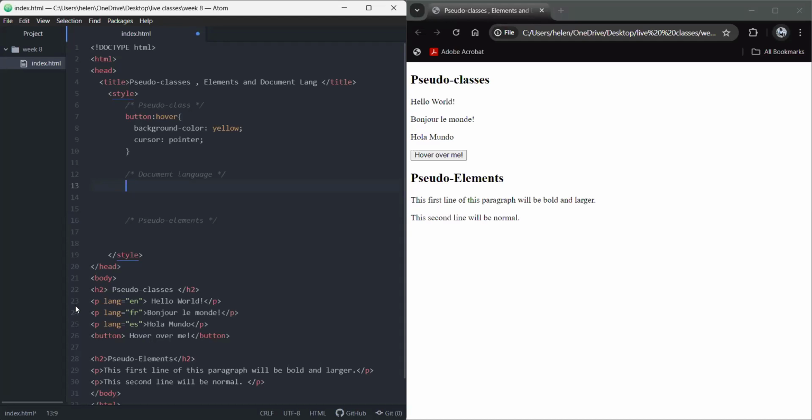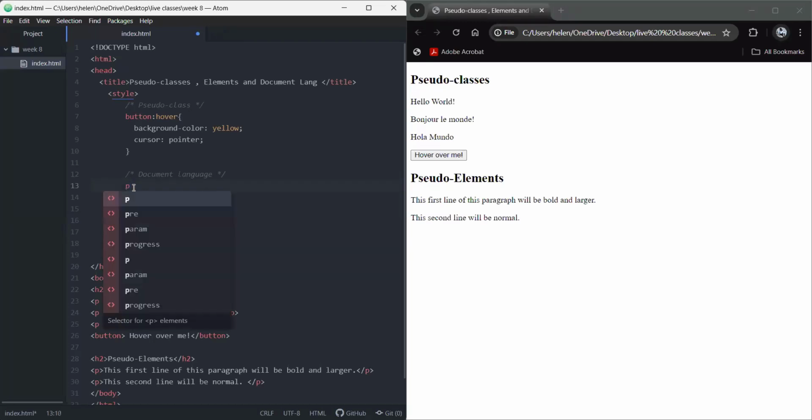Because we have a lang attribute here, we also have a lang pseudo class that we can apply the style to. So I'm going to specify here that in the P elements, which have the lang attributes, I want to select